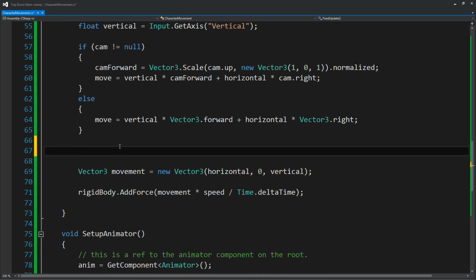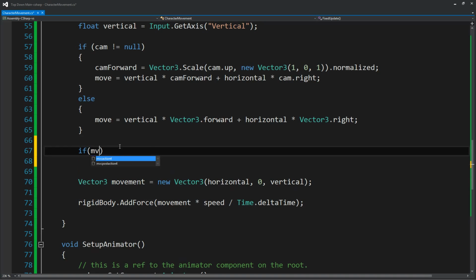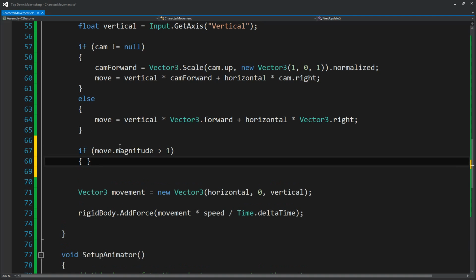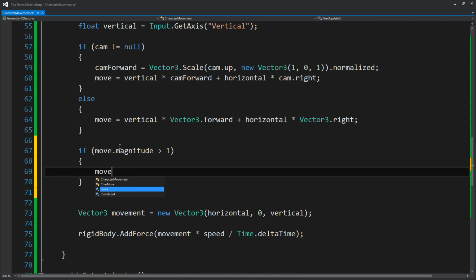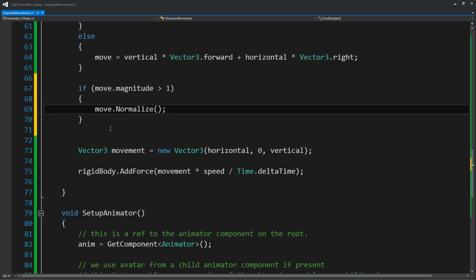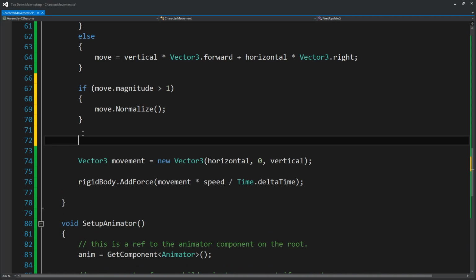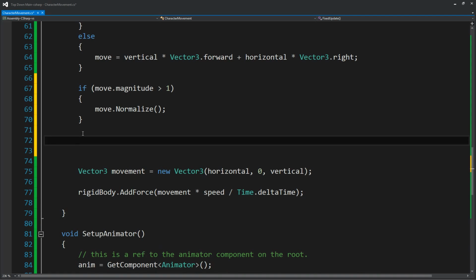Next, if the magnitude of our move is higher than 1, then we need to normalize it so that we have small values. And now we need to call a move function